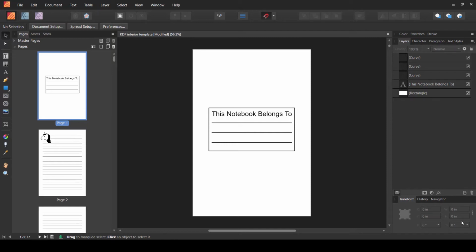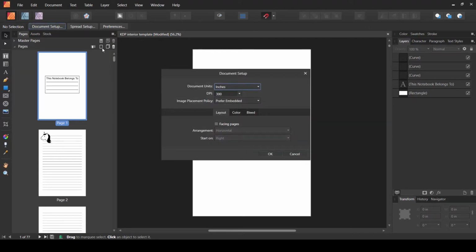Before exporting, you need to go to the document setup and make sure that facing pages is unchecked if you have already created the design using facing pages, because KDP does not support facing pages. And if you are using bleed, the bleed values should be entered here.